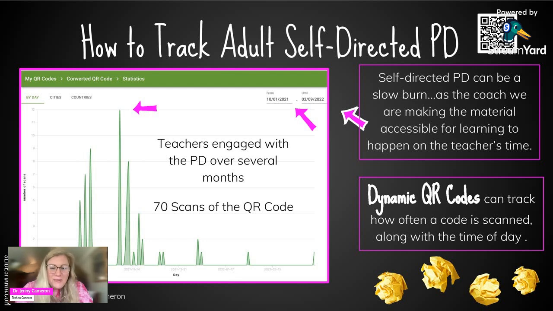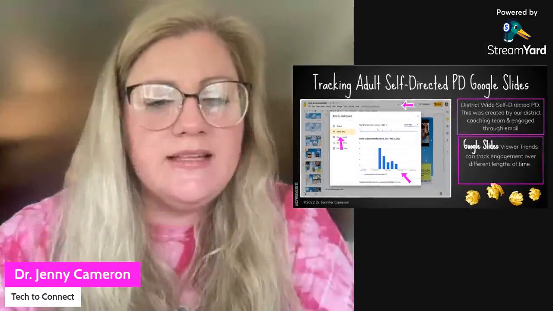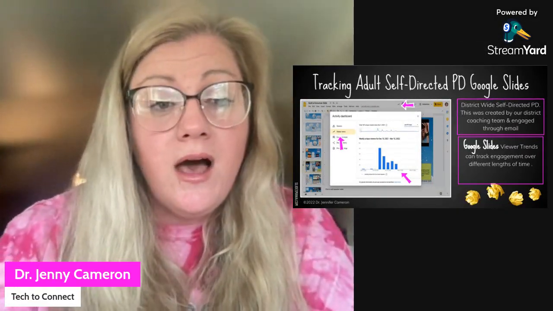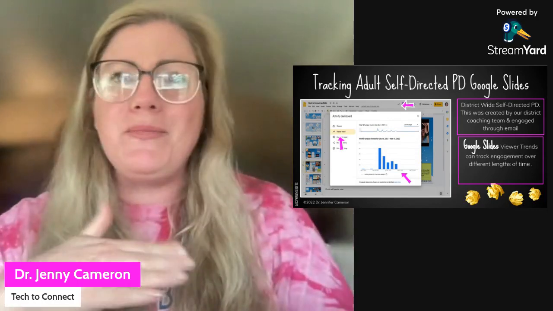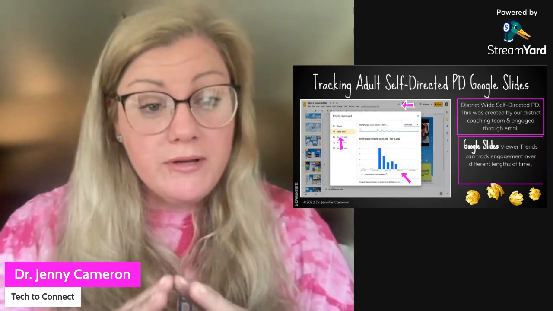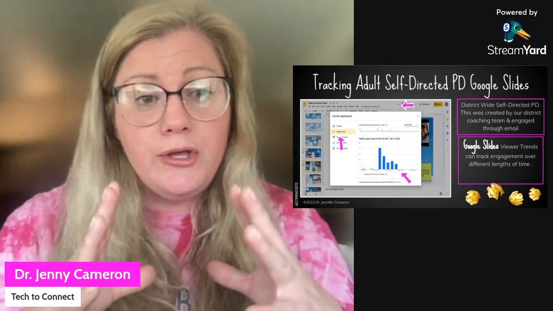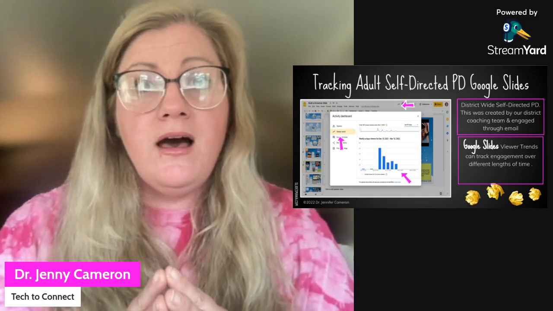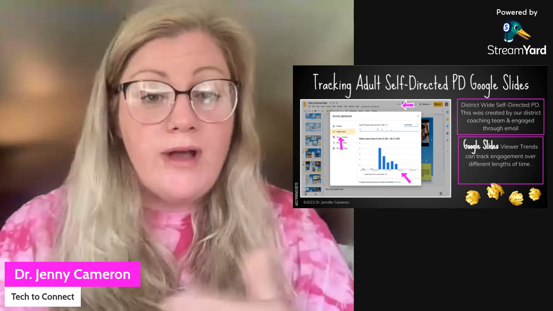What is a dynamic QR code? So a dynamic QR code is a code that, the code itself stays the same, but you can change the links to it. And a lot of other businesses, like restaurants and retailers, may use this in a different way. They're really looking to do things like change their menu out. But for coaches, the really great thing about this is that dynamic QR codes provide click tracking for clicks,